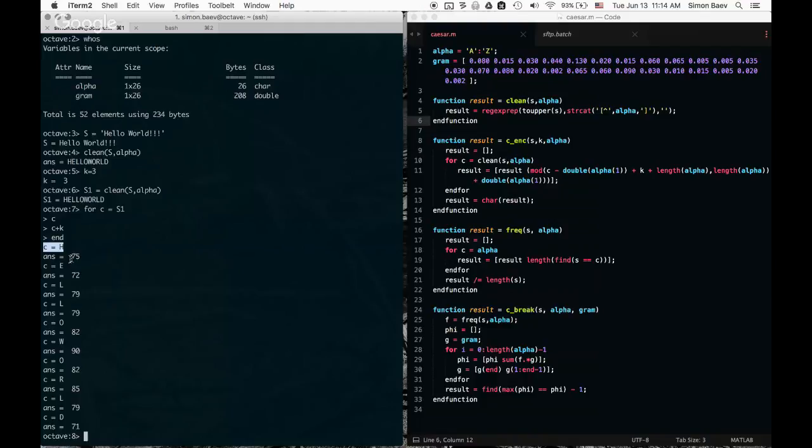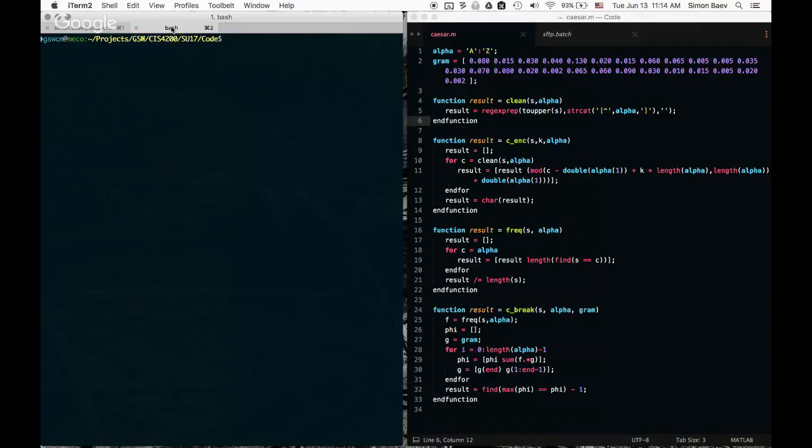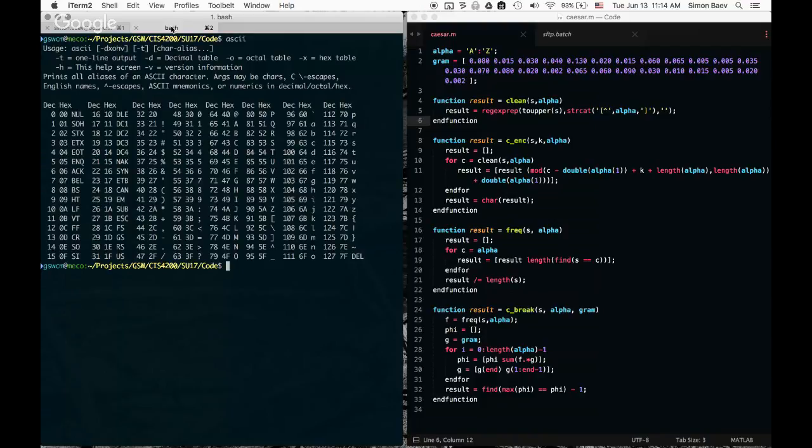And 75 is nothing more than the ASCII code of the character that is shifted 3 positions to the right from character H. To see this clearly, we probably want to execute the ASCII command and see that, for example, character H